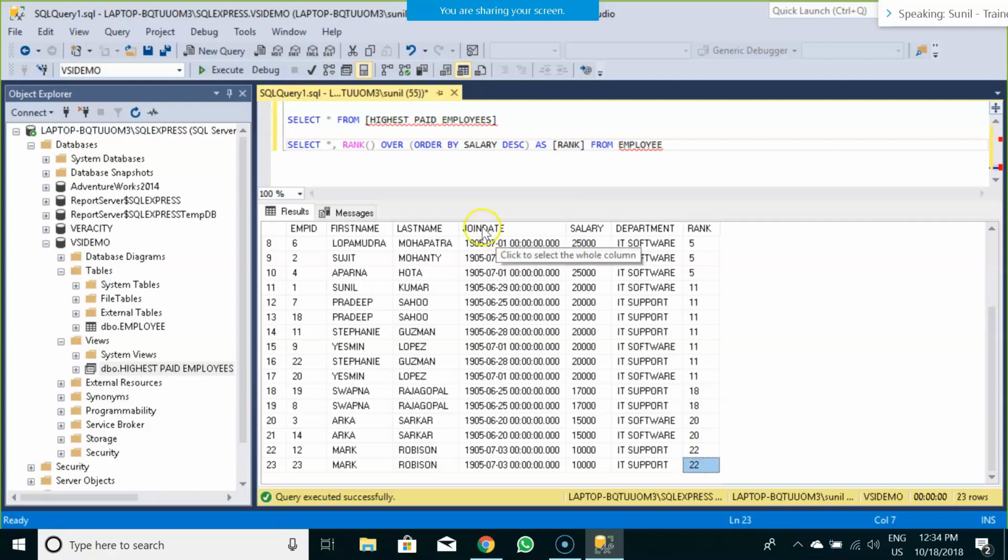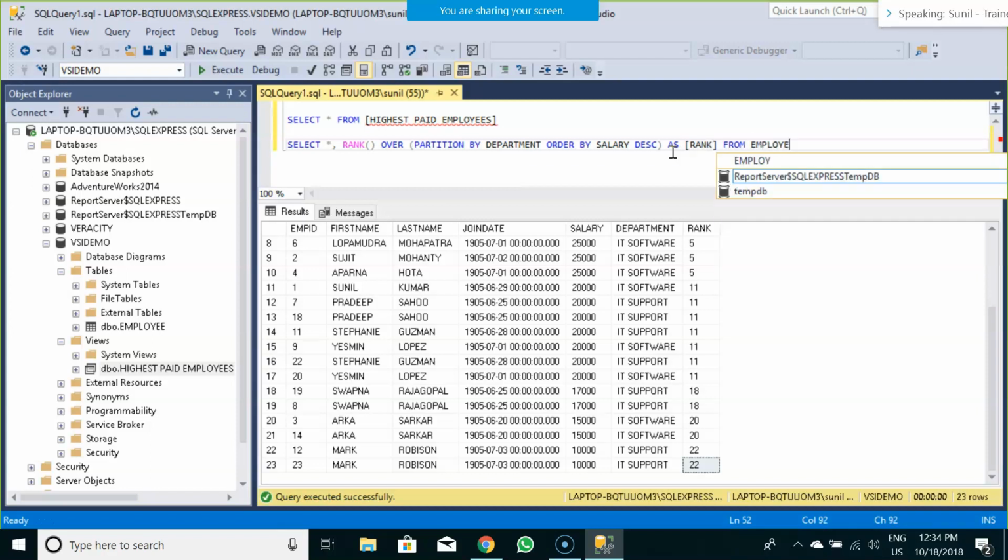Now what if I apply a partition to this? Same query, what I would do, I would write select star, rank over, let me put a partition on the department column because we have two departments over here, ordered by salary in the same descending order, as, name the alias as rank, from employee.